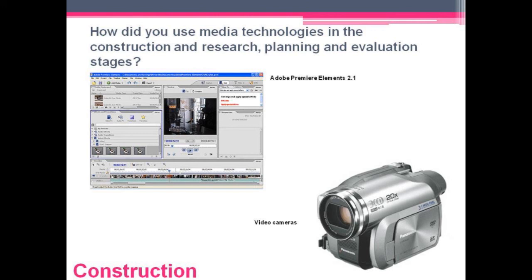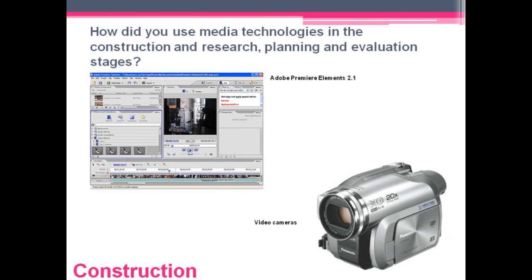For capturing film, we used one of the video cameras provided by the college, which was sometimes time consuming and frustrating due to the signing in and out system. Using the camera was quite easy as all the cameras shared the same basic functions and at a similar quality. In the future I would use my own camera because it would be more convenient and available to use whenever I needed it.